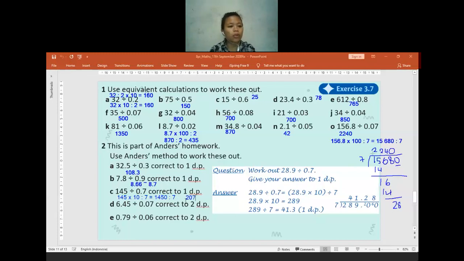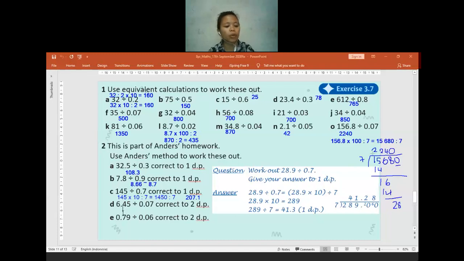Yes, correct. The final answer is supposed to be 207.1. Anyone have any confusion? Okay, so you know where your mistake is. That is fine. Is there anyone having any question? It's okay to make mistakes when you practice. If no question, let us move to question D.